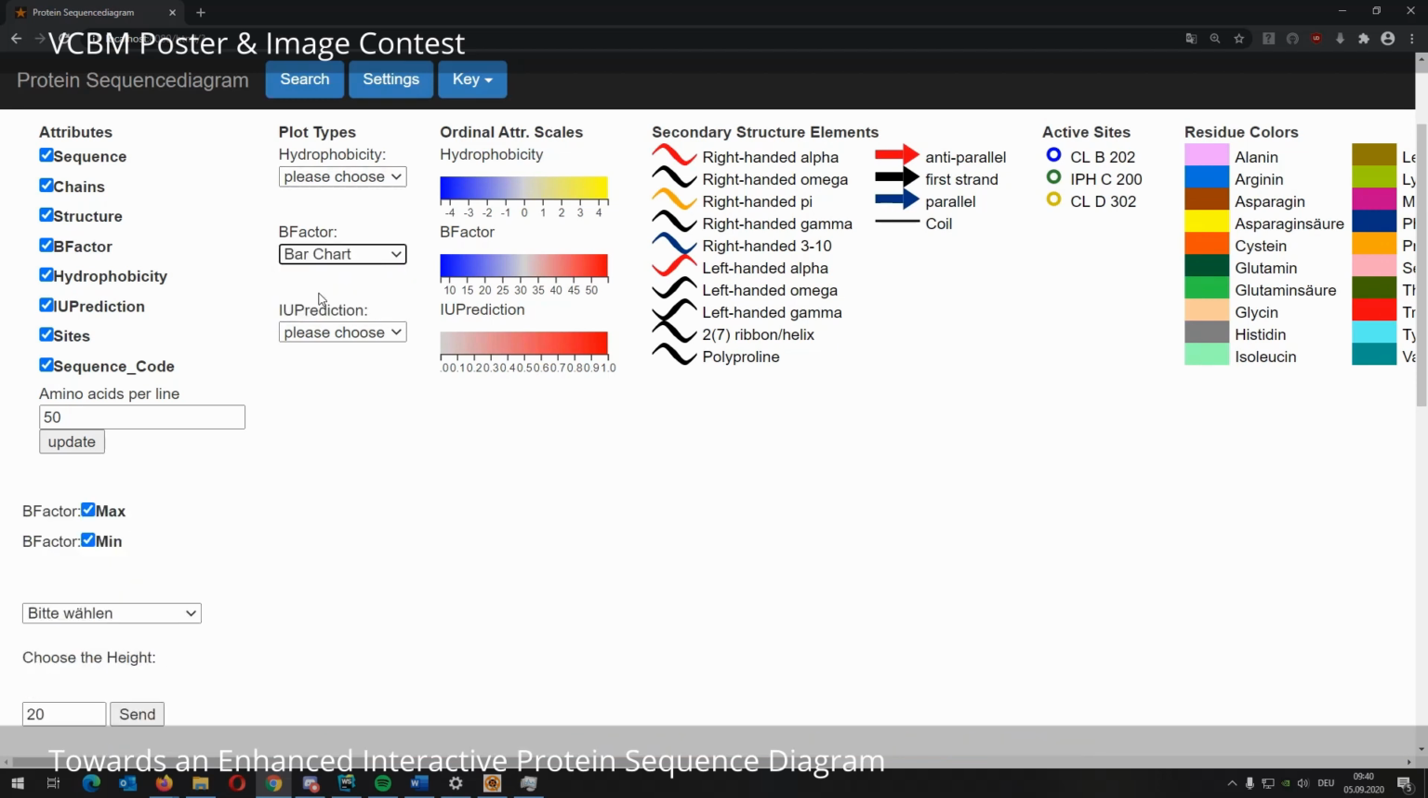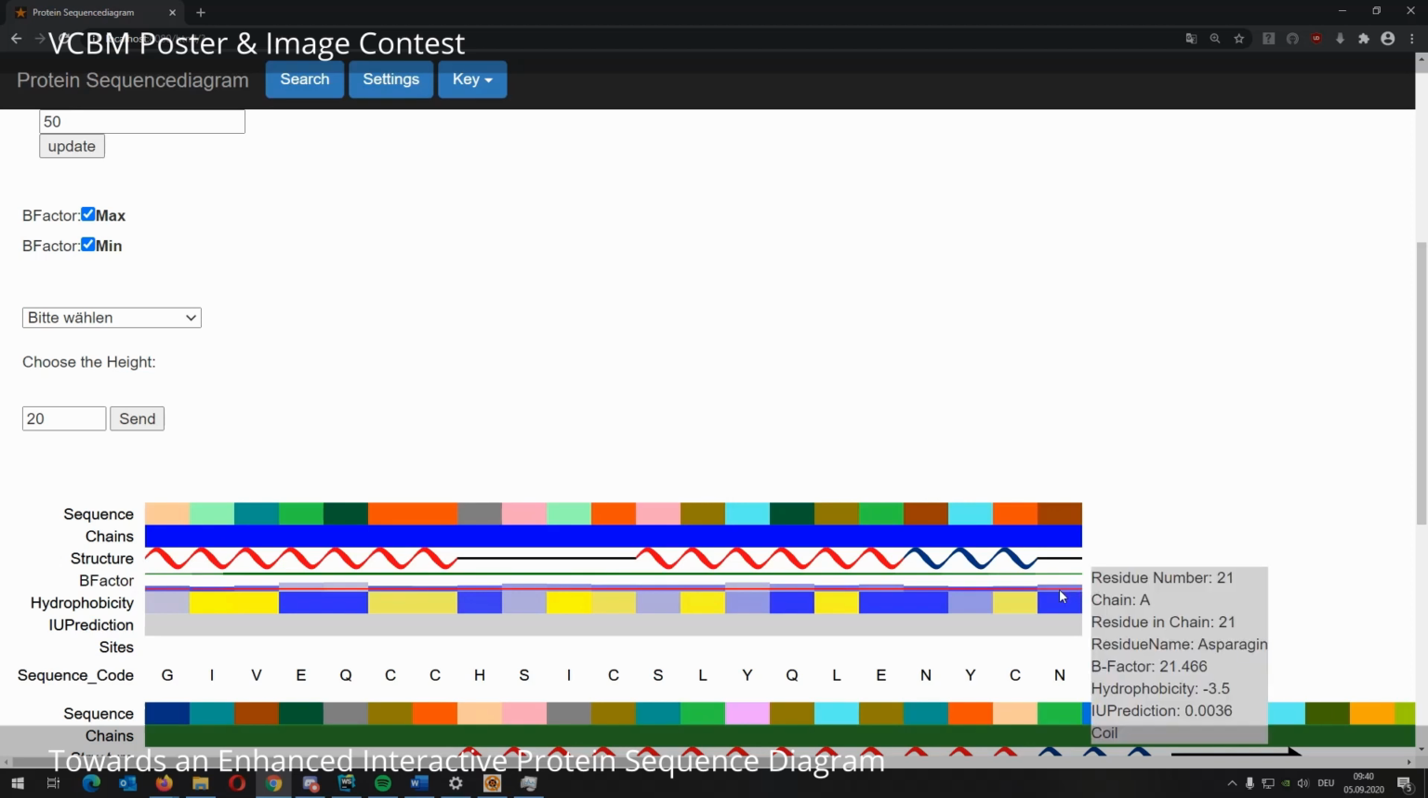For example, it is possible to switch to line charts or bar charts to represent certain attributes. Our tool is still work in progress. In the future, we want to link it to a 3D view and to use it for the visualization of